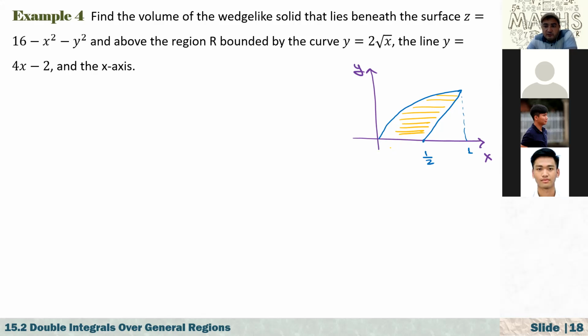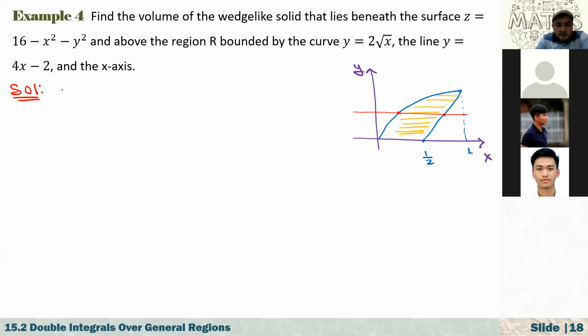Now, actually, if you integrate this first with respect to y, if you draw lines, for example, in the first part, it may change from 0 to this curve, right? But the other part, as you see here, it is changing from this point to this point. So it was a bit challenging, or it actually involves two different regions. But instead, here, we better integrate this first with respect to x. It just enters here and exits here, right? And after that, with respect to y. So that's why here, before you start integrating your function, you have to make a decision which order is much better, shorter, and faster.